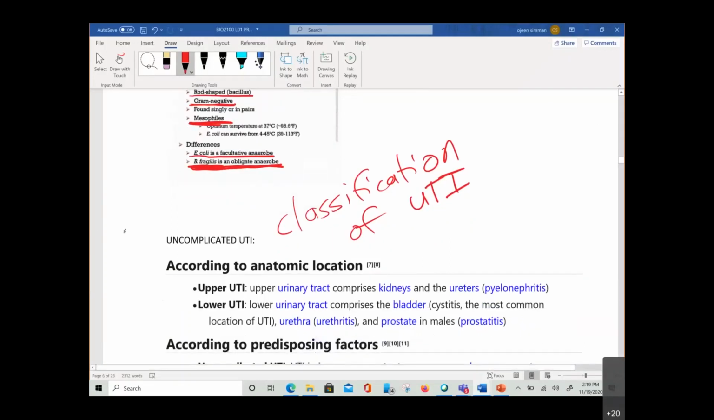One way to classify them is anatomically. We have basically upper urinary tract infections and lower urinary tract infections. Upper urinary tract infections is basically any infection of the kidneys and the ureters. Pyelonephritis means infection of the kidney. That's an upper UTI. Lower urinary tract infection means